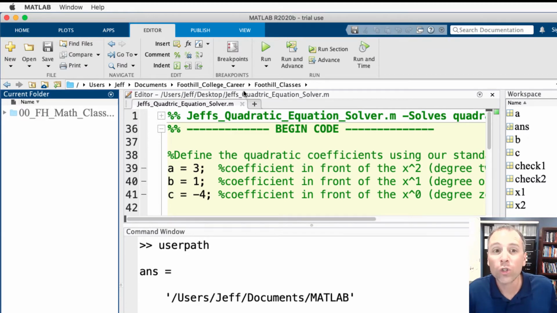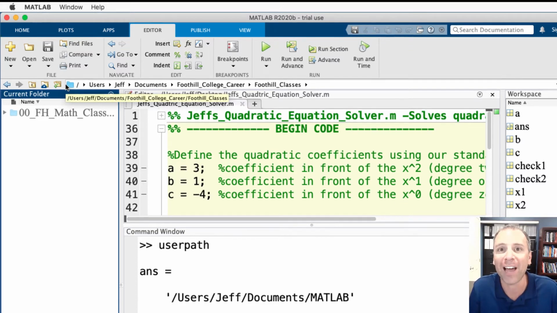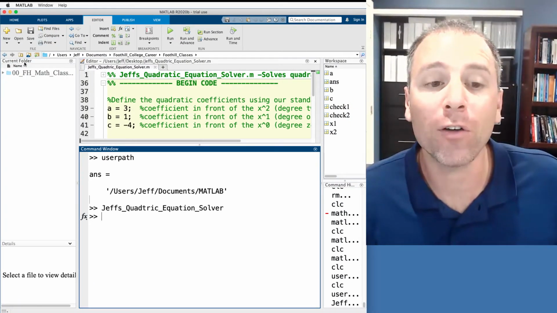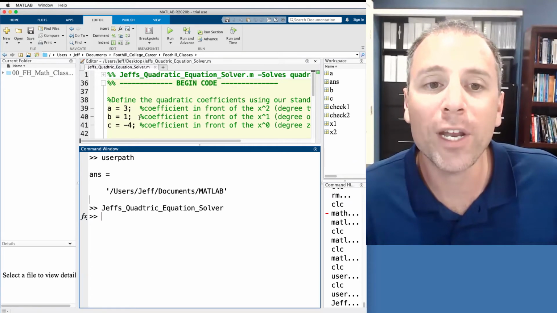This current folder toolbar allows me to point and click to tell MATLAB where to find files that I want. In other words, it's a point and click access to relocate my librarian wherever I need him so that he can access any resources that I've hidden in that library. I can also achieve the same type of movement for the current folder through command window prompts.